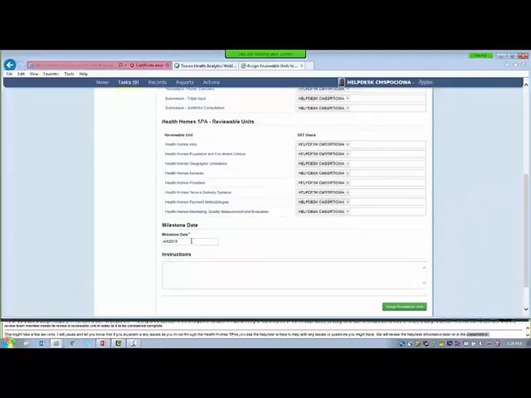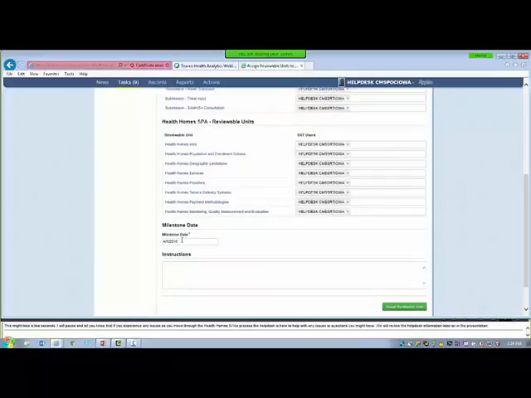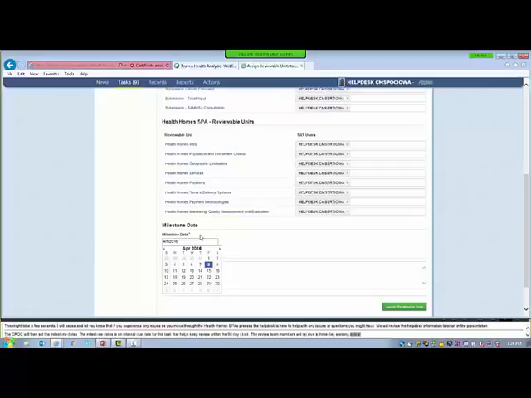The CPOC will then set the milestone date. The milestone date is an internal due date for this task that helps keep the review within the 90-day clock. The review team members will receive a 3-day warning notification as the milestone date approaches. If the milestone date passes, the submission review team users will get alerted. The task will remain in the SRT's task list, but it will be noted that it is overdue.